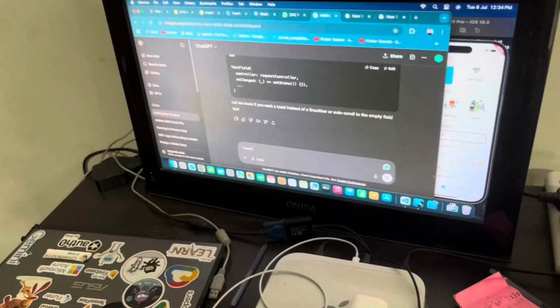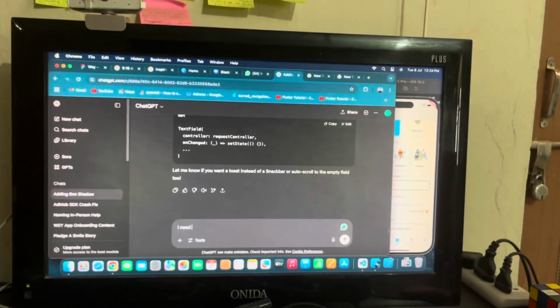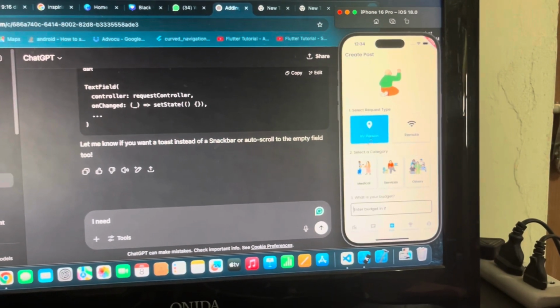So last day, as you saw, I was working on the UX of my application, and the post creation was done. So I was just taking a little walk, and I'm going to show you the progress that I have made. I'm writing some code for the backend logic, and let me twist the screen and show you what's going on right now. Currently, if you can see, I'm writing some backend logic code with the help of ChatGPT for this post creation screen.